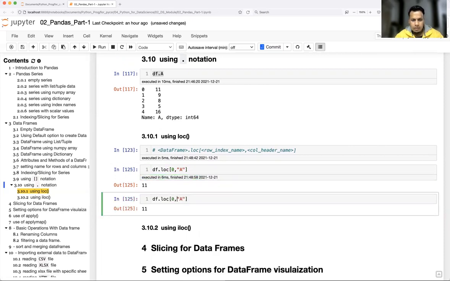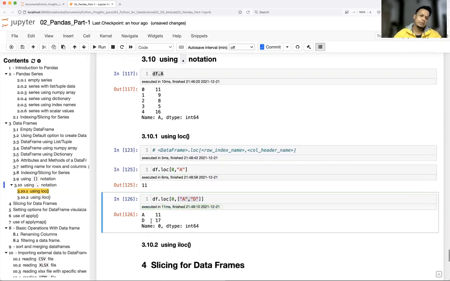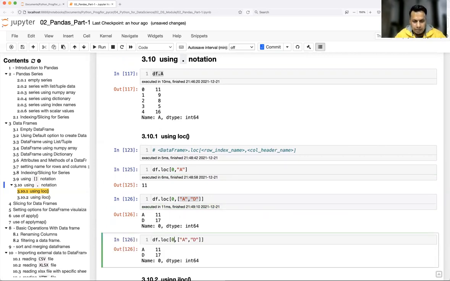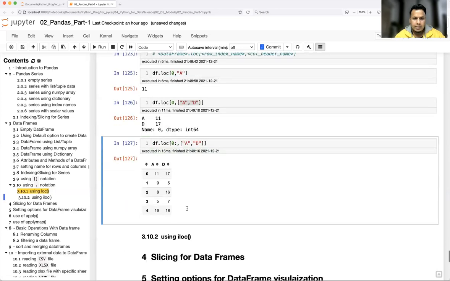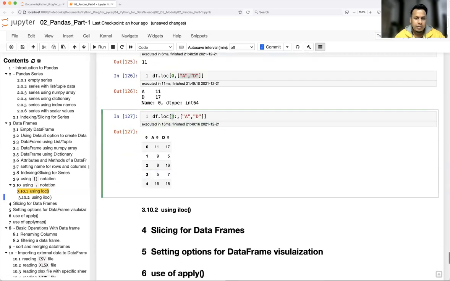Now let's say I want multiple columns in a different order. I want columns a and d, but only the 0th row. So it is going to return a and d for the 0th row. Similarly, this is also fine, because this is nothing but your row label.